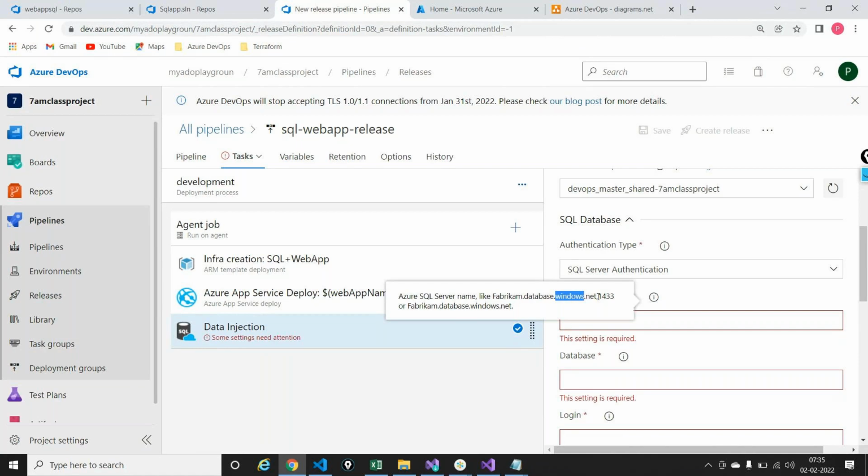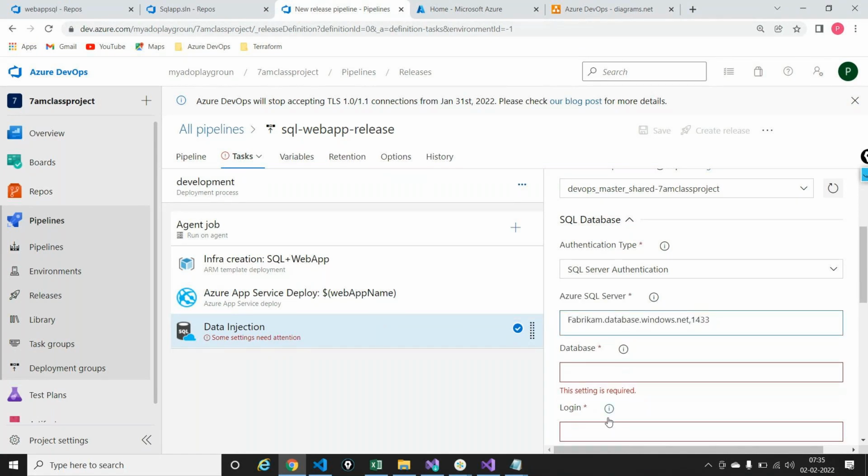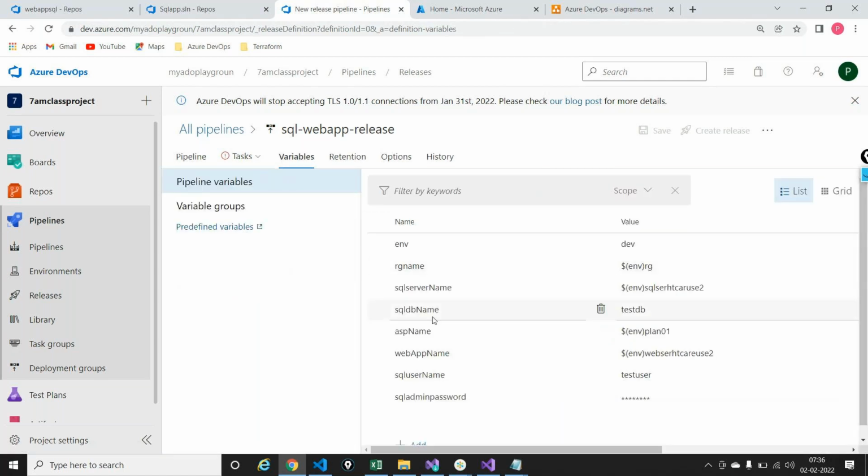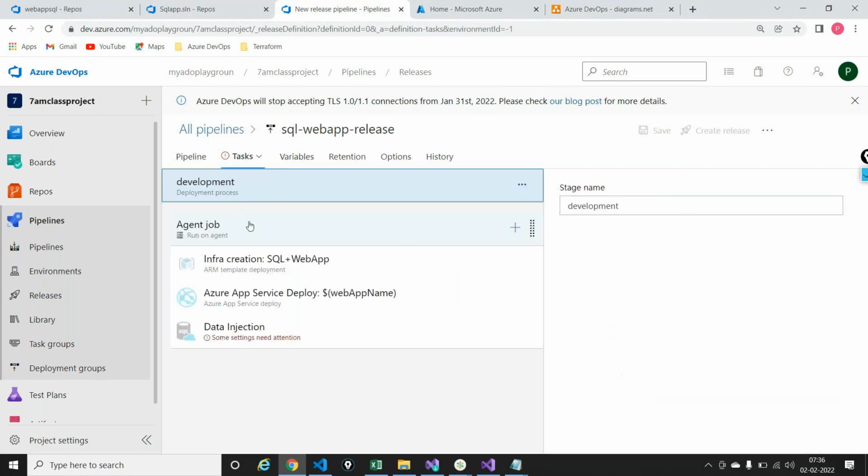fabricam.database.windows.net 1433, which is the port of the SQL Server. I'm just copying this out for an example. Paste it here. So this is how you should pass. Fabricam is the name of the server, what Microsoft is giving as an example. .database.windows.net is going to be the fully qualified domain name, and 1433 out here. Now in my case, however, I have a name for the SQL server that I have, which is SQL server name. So I'll replace this Fabricam